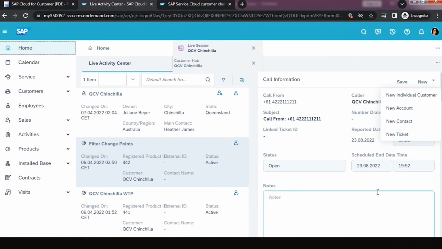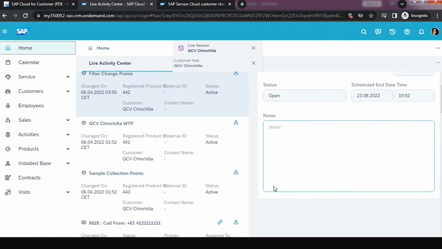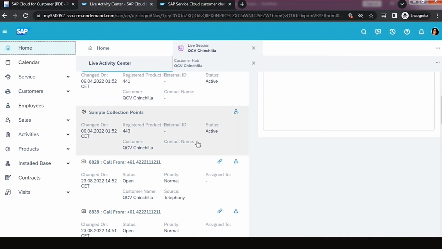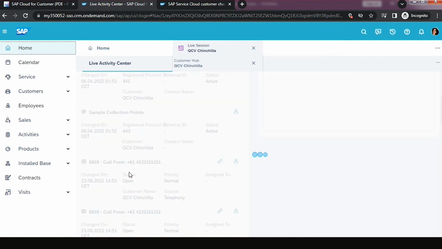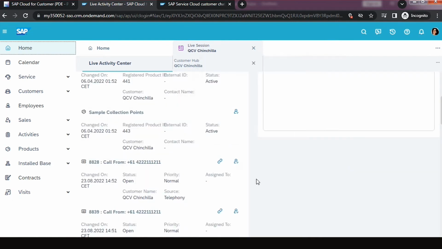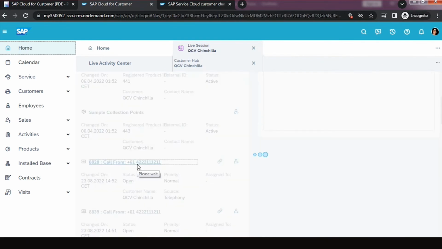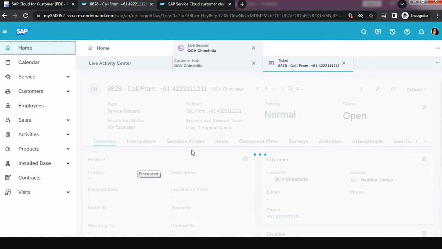Here we have two options. Whenever there is a complaint or a request received from the customer, we have two options. The first option would be updating the existing ticket. For example, the customer wants to update an existing ticket, that is 8828, an existing ticket which has been created in the past. If we want to update the data, or if we want to update the interaction in that ticket, then the